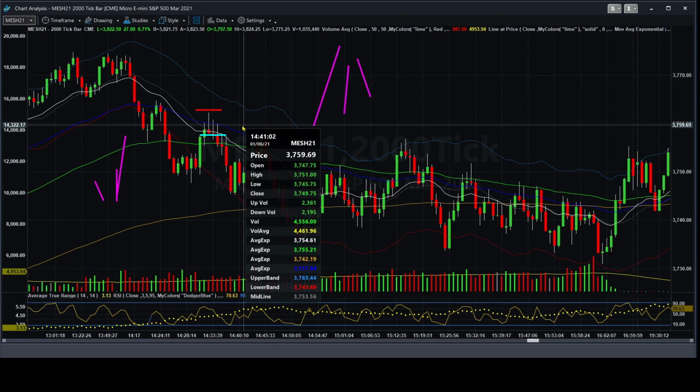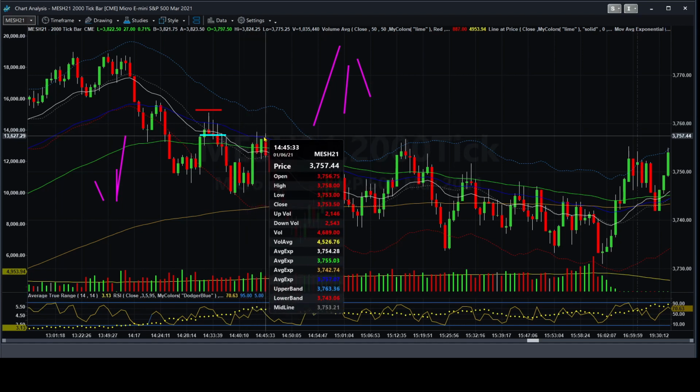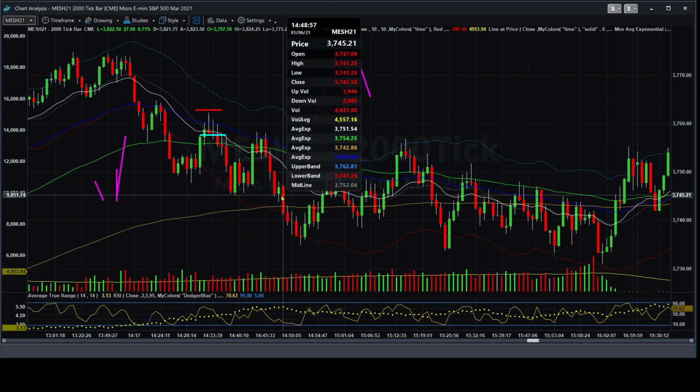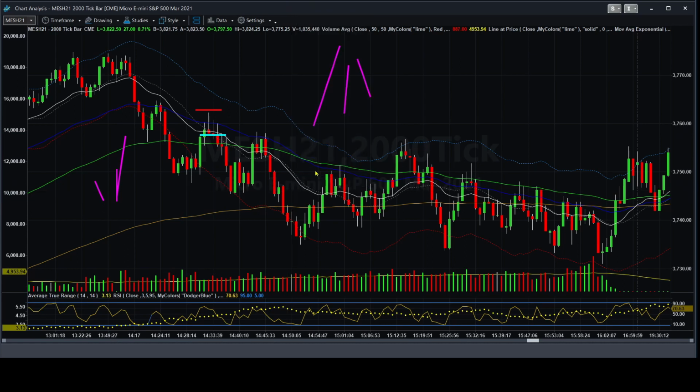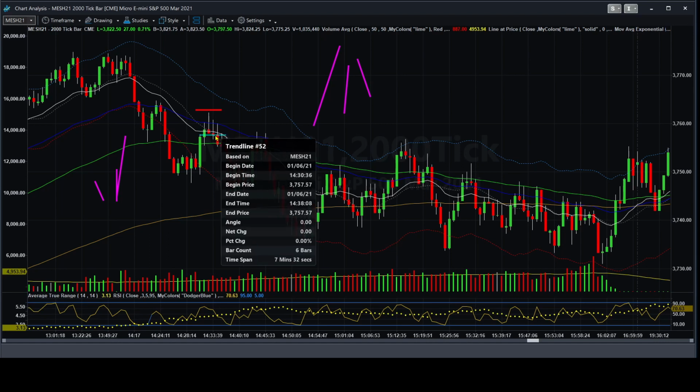It would have been a nice trade also, because how many points would that have been? Almost 10 points. Yes, 10 points. And then the other way you could have entered this trade, you could use a normal